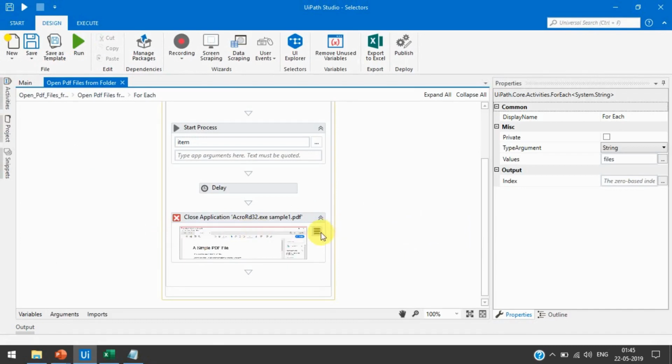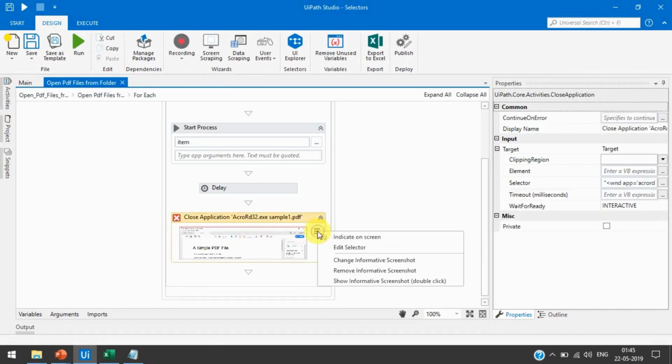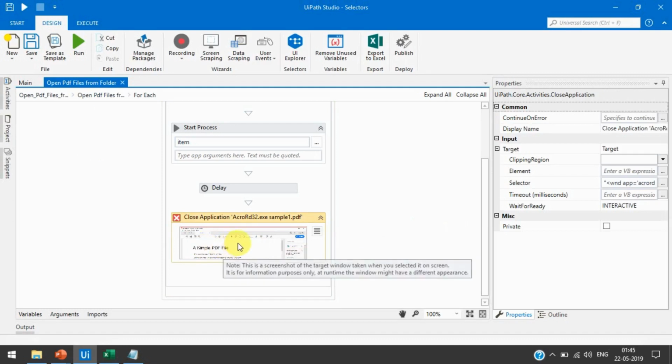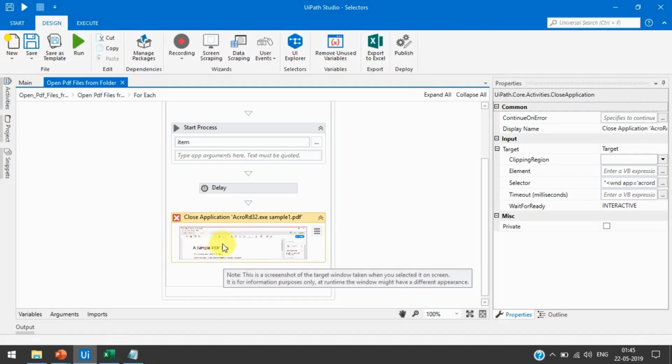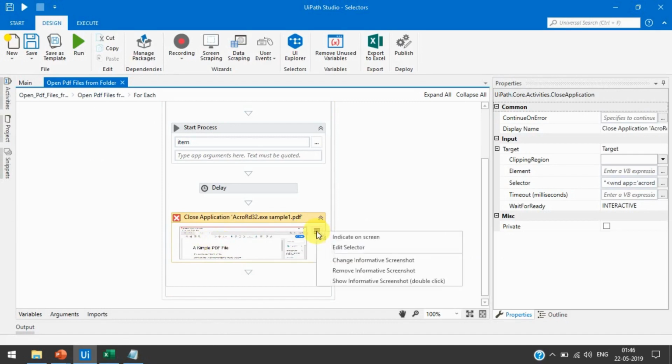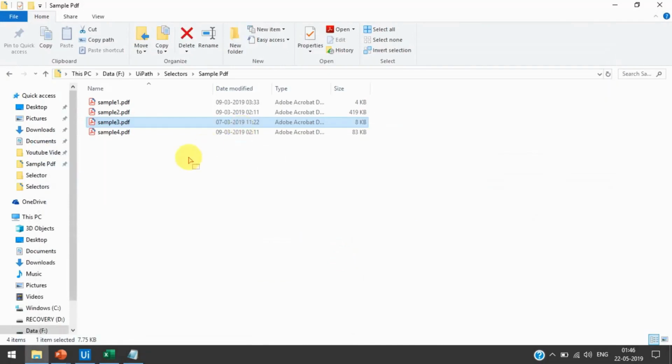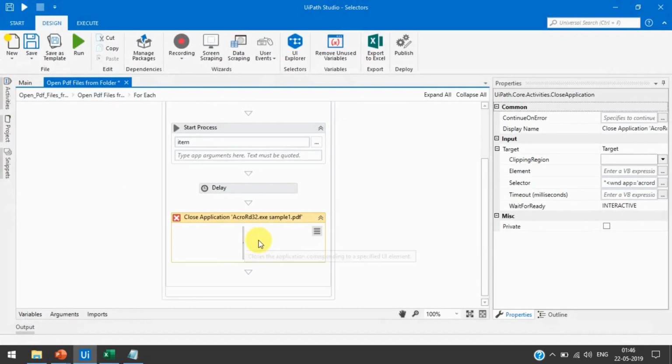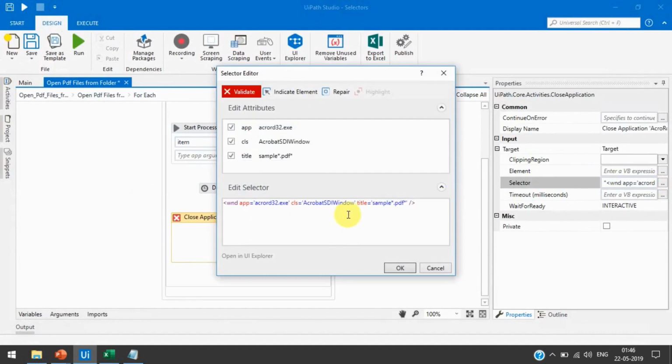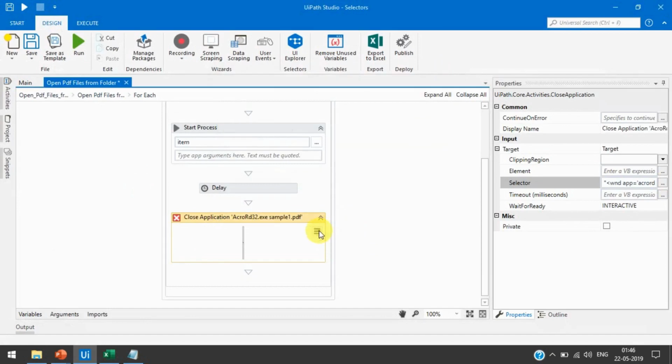We can add wildcards in the selector, right? And one more thing I am going to show you here, we can change the screenshot. Like here we are thinking that we have selected wrong, we have taken the wrong screenshot here. Then we can click on that and we can change the screenshot. If we select again, let me select this, right? Now you can see we have changed the screenshot. Only the screenshot. There will be no changes with the selector. We have just changed the screenshot.